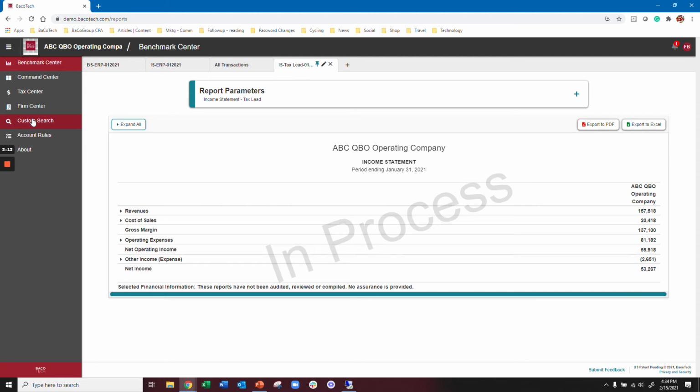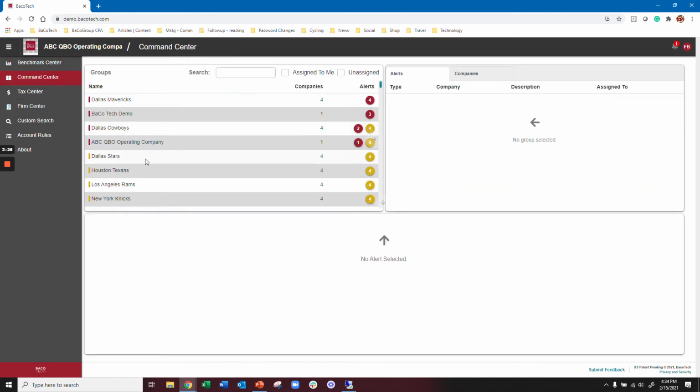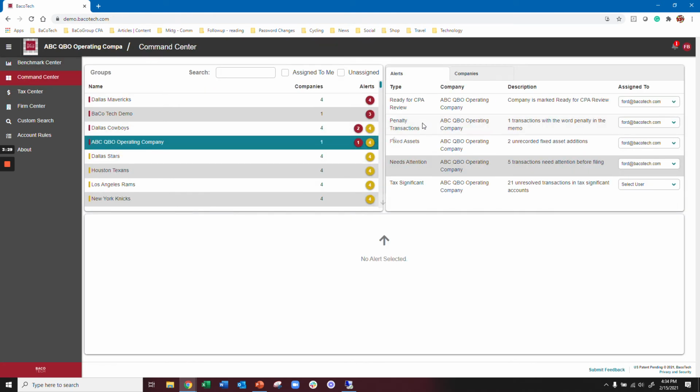This really makes it so we can plan all year long, makes it so we can take advantage of all the time between January 1st of this year and April of next year to file returns. So it's doing that for us as well. Because we're transaction based and bringing those transactions in, then we can actually